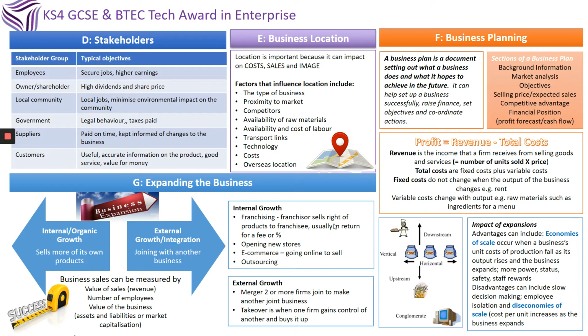What I'd like you to do with this section is actually think about it, okay, and choose a company, maybe a large company, and then what I want you to do is explain to me how all of these people would be interested. So, for example, if I was to look at a local charity shop, okay, I'd want you to explain who it employs, so it'd be volunteers, okay, who are the owner shareholders, I'd leave you to look at that, how it would help the local community, what it would offer, what it would do for them, okay,